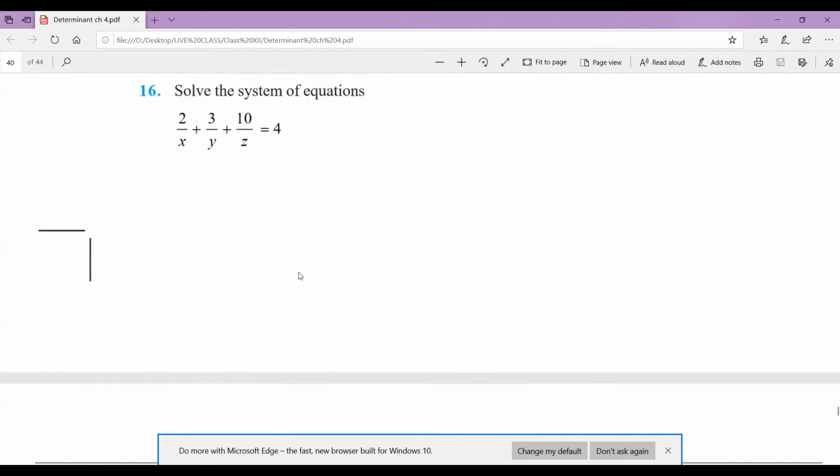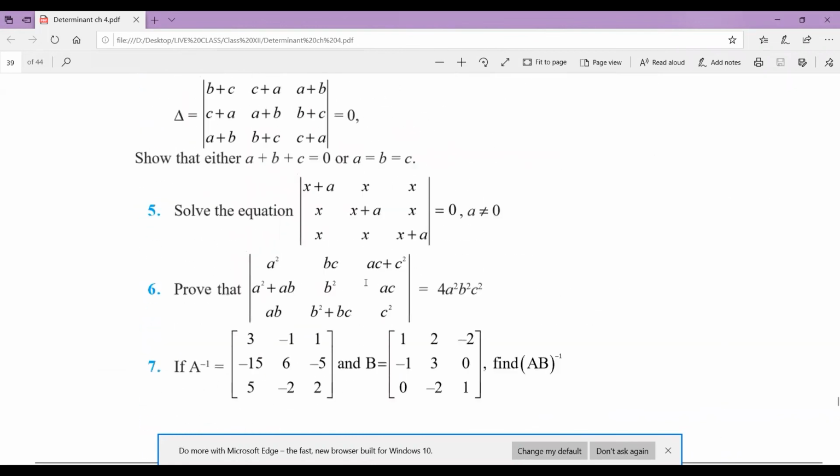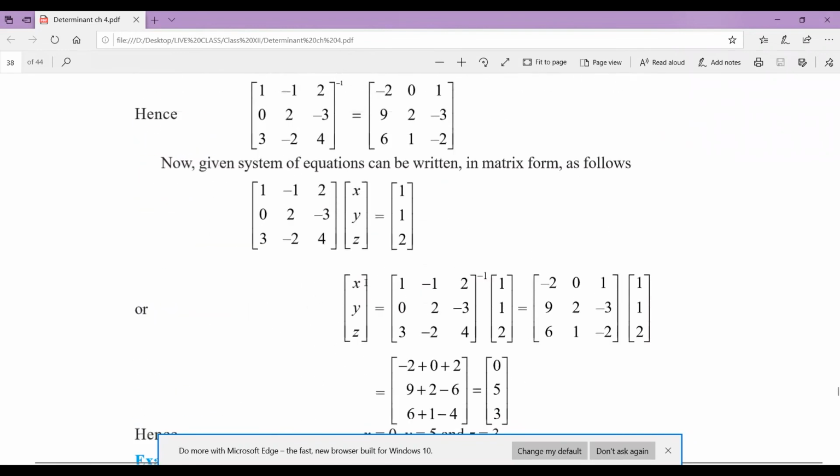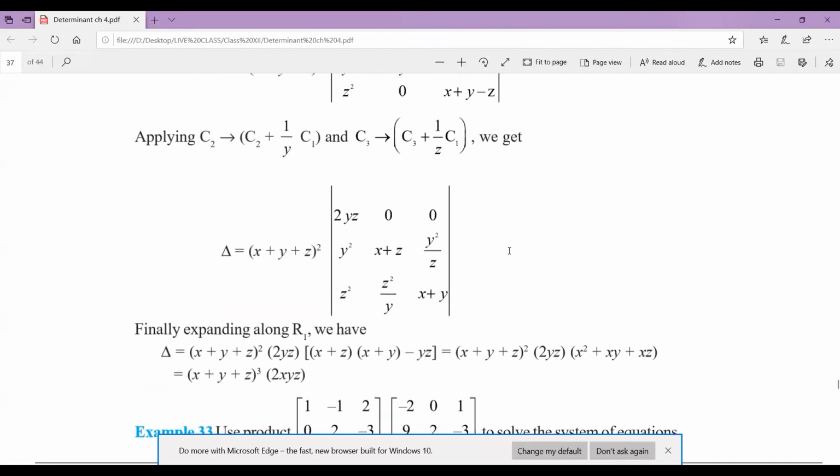Okay, so these are the two or three varieties of questions that usually come in the exam. This is important, though it comes very randomly. These questions have also come sometimes, so you should know how you can use this. This is actually easy, we don't even need to find A inverse here, which would take a lot of time. So you will save a lot of time here.